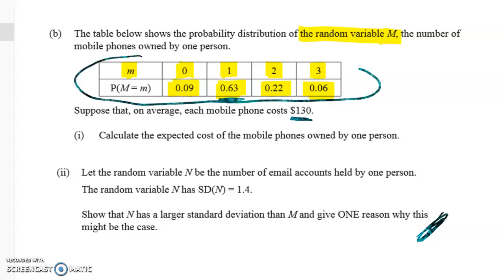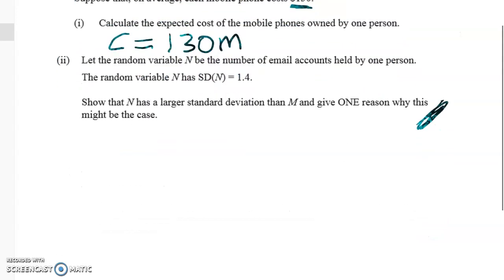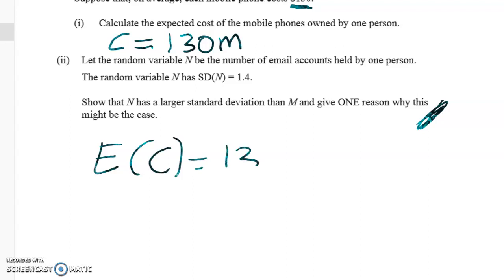So this is the number of mobile phones. So the cost of mobile phones owned by one person is going to be equal to 130 times how many they own. And if you see it like that, then we know that the expected cost will be 130 times E of M. Now, you don't need to be confident with expectation algebra to work that out. It just kind of makes sense. If we find the average number of phones and then we times it by 130,